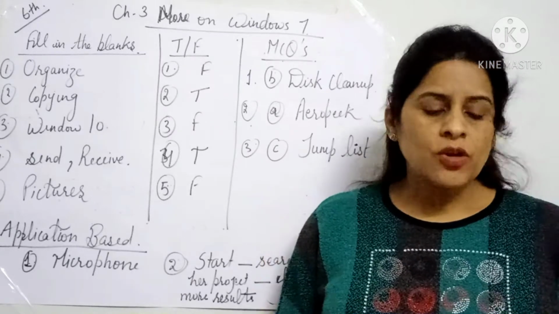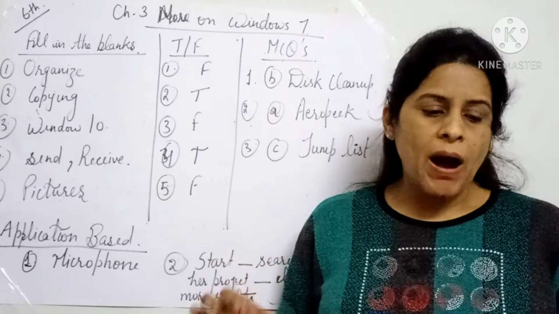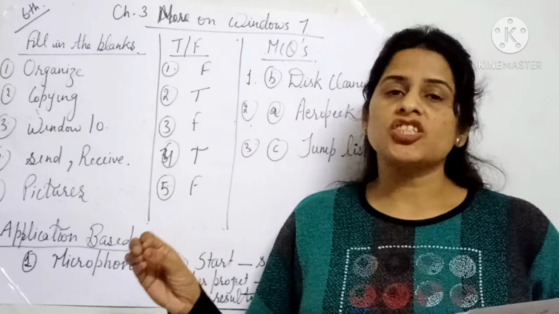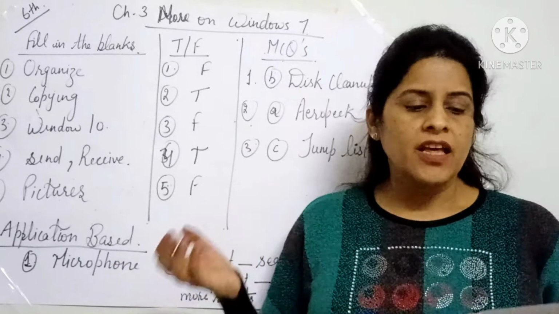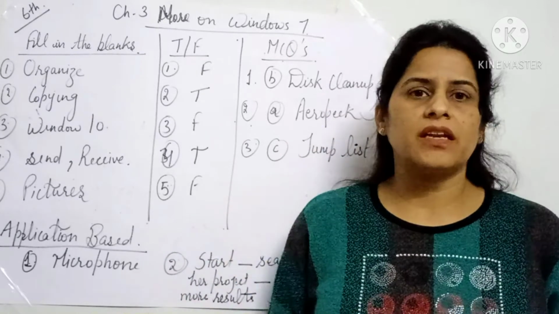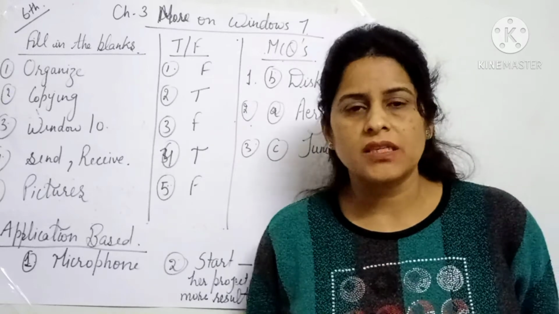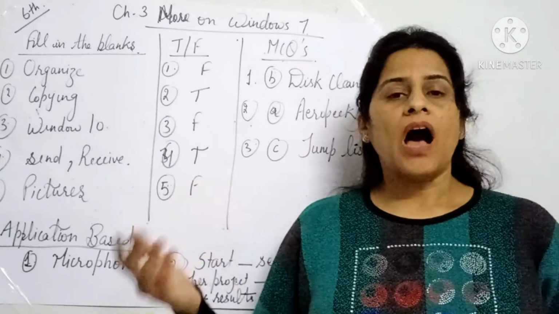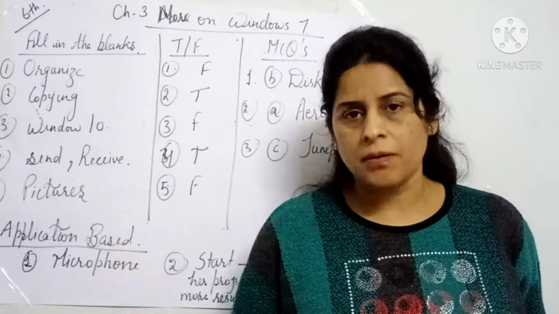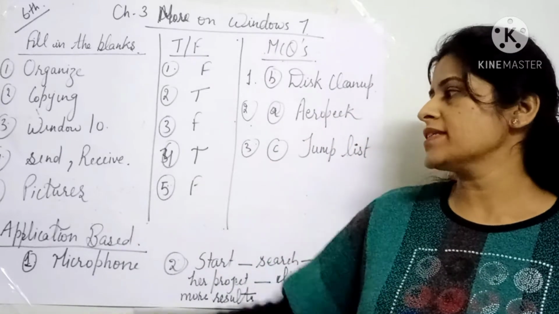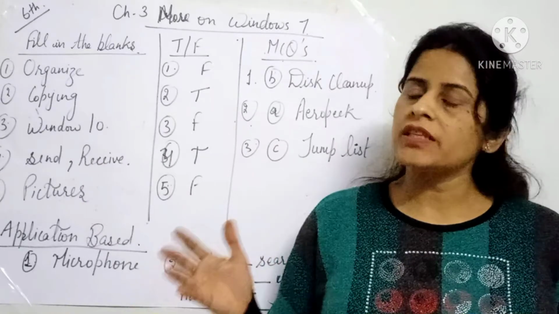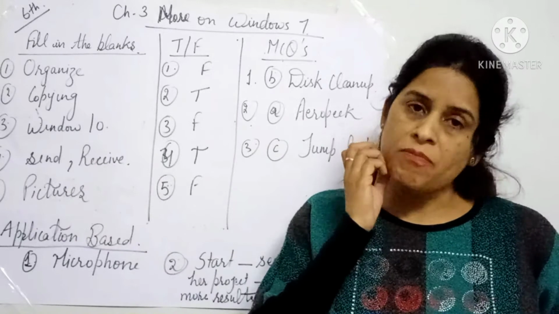Next is: Windows Mobile software empowers advanced devices that allow the user to dash and dash emails and browse the internet. Windows Mobile is the software through which you use the internet all day. You are sending your messages from here to there, from WhatsApp; when you are using emails, you are sending and receiving the mails. So in this fill in the blank, it will come send and receive. When you are using Windows Mobile software, then you will send and receive your emails.